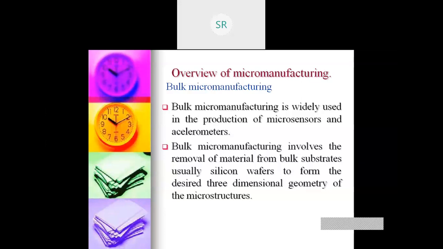So the first advantage is that it is mechanically stable, it has the Young's modulus of steel, and it has a melting point of 1400 degrees Celsius. Because of these three reasons, silicon is used in the micro manufacturing process.